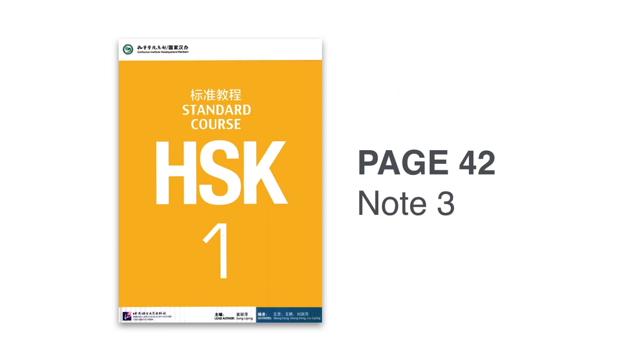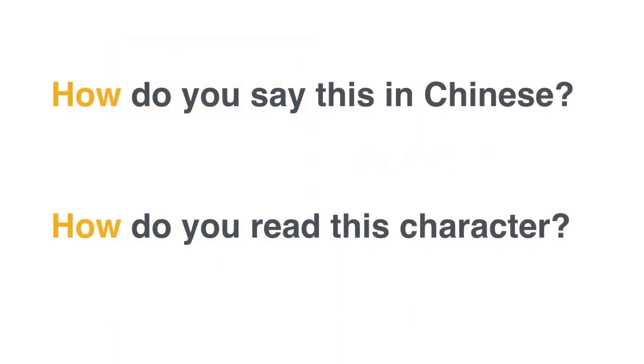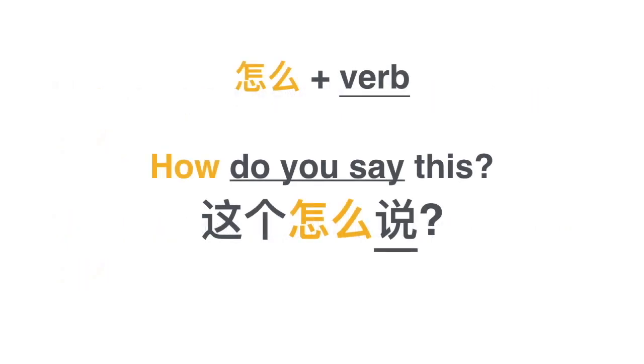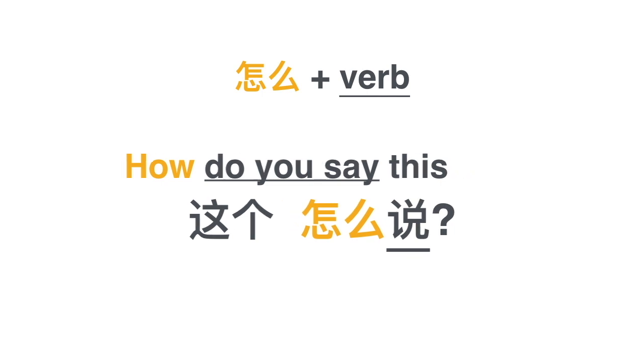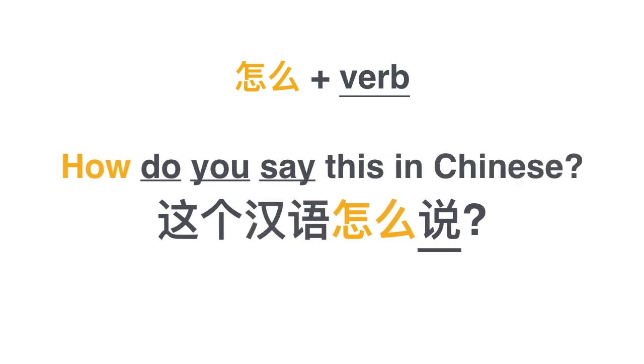Let's turn our textbook to page 42 and take a look at grammar point number 3. Simply put, the word how can be expressed with the word 怎么 in Chinese. 怎么 okay. For example, how do you say this? 这个怎么说 right? So 怎么 has to be followed by a verb, just like in English, right? How do you say 怎么说 这个怎么说 How do you say this in Chinese? 这个汉语怎么说 This Chinese how say, right? 这个汉语怎么说